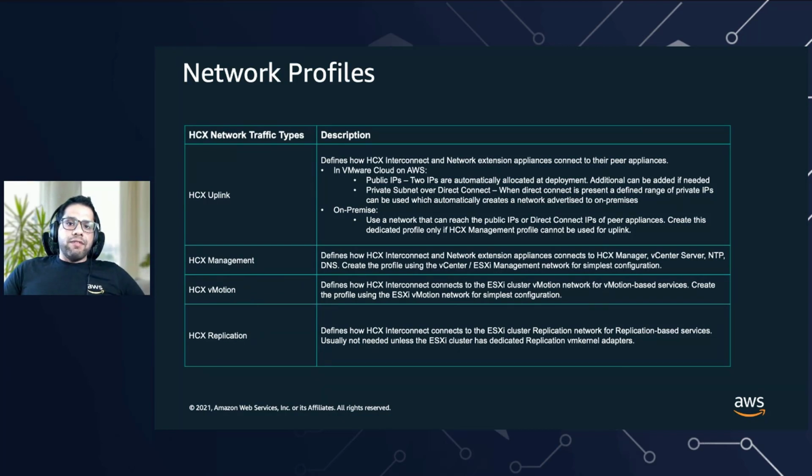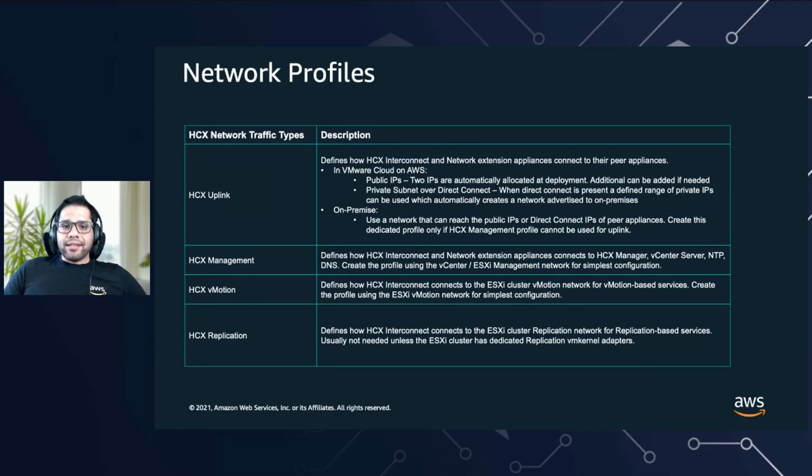And then we have the vMotion profile that defines the port group and IP pool used by HCX appliances to communicate with the ESXi vMotion VM kernel adapter. So if you're using the same VM kernel adapter for vMotion management, which you shouldn't be, but if you are, you don't need to create a separate vMotion profile. But most production environments usually have a separate vMotion VM kernel adapter, so you'll create a separate vMotion